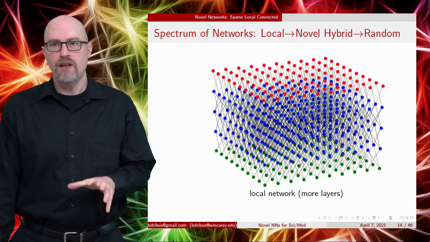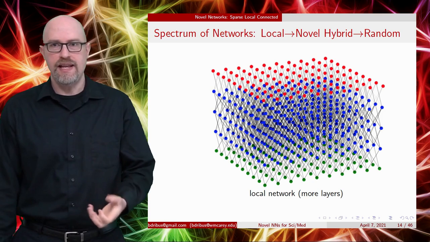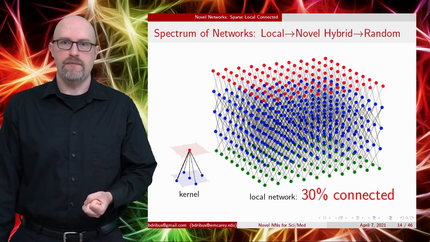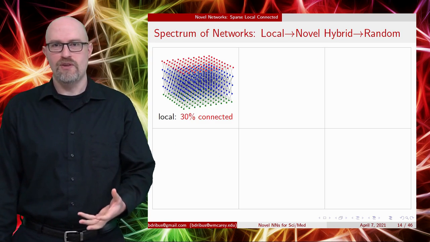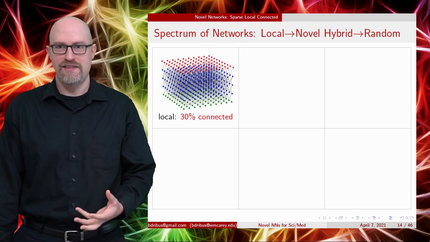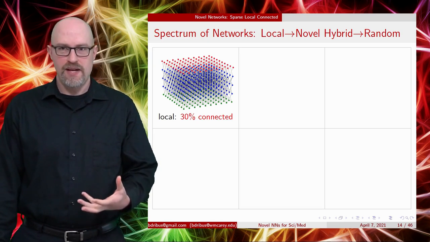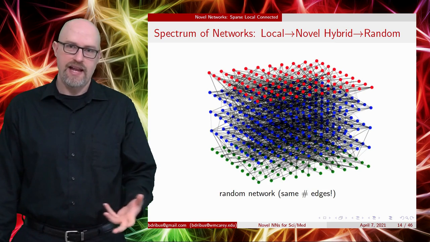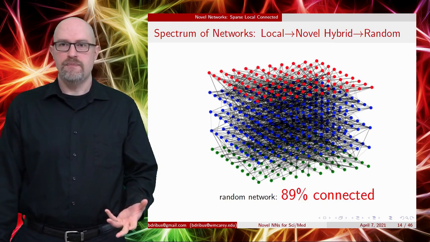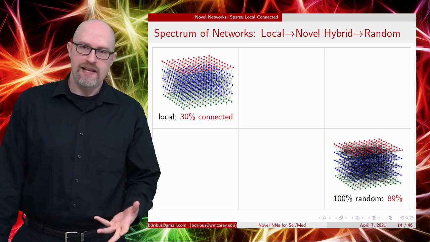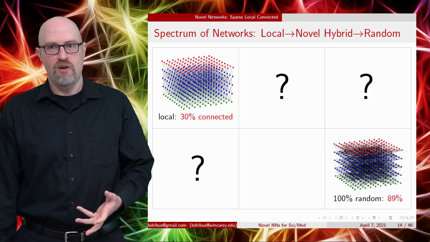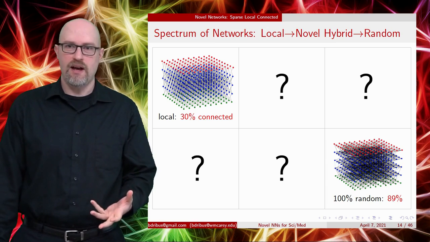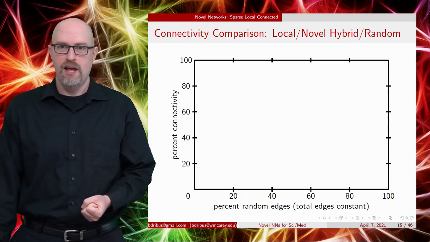We begin with a totally local network with 5 layers of 100 nodes each and diamond-shaped kernels. The connectivity of this network is just 30%. We will construct a table with progressively more random architectures and examine how the connectivity changes. The endpoint will be a completely random network shown here, which is about 3 times better connected at 89%. It fits in at the bottom right of the table. We'll now fill in intermediate hybrid network architectures along with their connectivities. Another way to represent the same information is to plot connectivity versus percentage of random edges, as shown in this